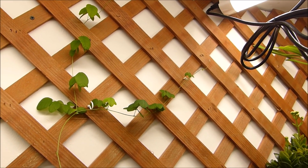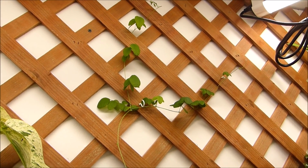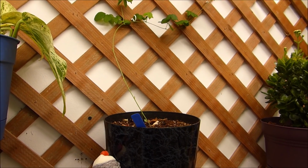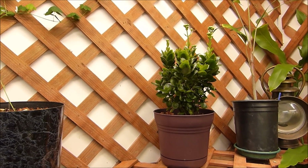It's supposed to put out some really pretty flowers. But it just grew this spindly little thing and is held up by hooks on the lattice. I'm hoping that it'll grow a little bit bigger, and with Sock Monkey just propping it up over here, maybe it will. Don't know. And this one, kalanchoe,